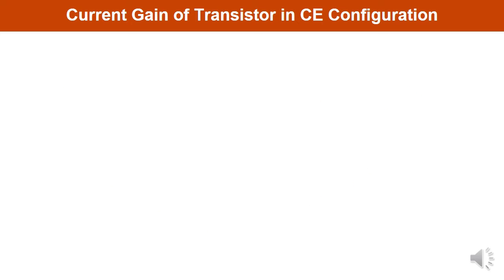Now let us discuss the current gain of a transistor in common emitter configuration. CE configuration is the common emitter configuration. Let us take an NPN transistor, and here you must remember the actual direction of the different currents in the circuit. When you plot the common emitter configuration, the emitter terminal will be made common with the base and the collector. It means the base current will be the input current and the collector current will be the output current. See how to draw the circuit.